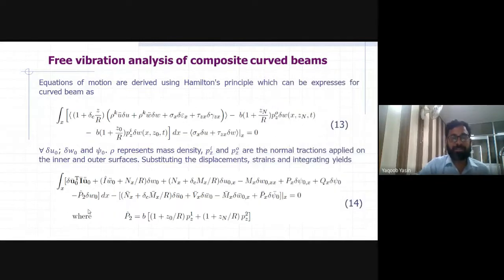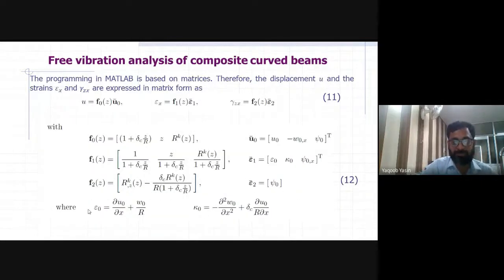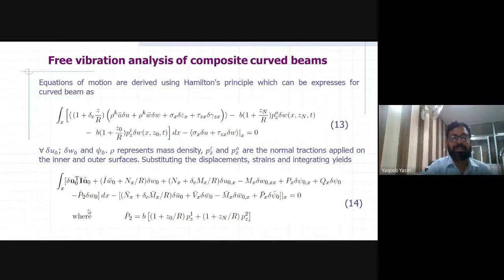Now, like in the previous case, we have expressions for the Hamilton principle. So in Hamilton principle, we have some terms of kinetic energy, some terms of potential energy, and some terms of mechanical work done by external forces. Therefore, we substitute these displacements in the potential energy terms, in the kinetic energy terms, and in the work done. And after performing proper integration and some variational steps, we will be able to derive the following equation, equation number 13.